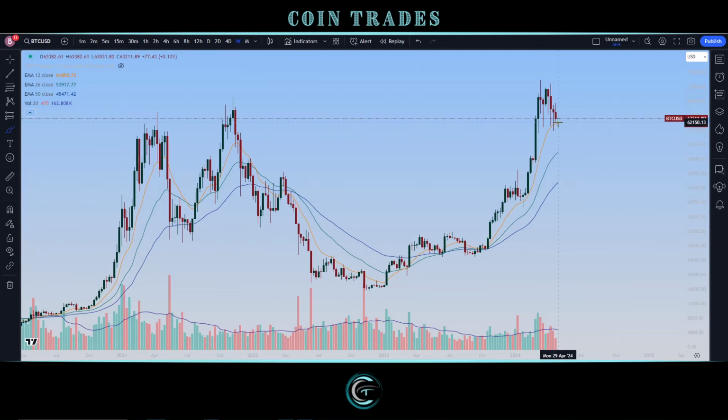So I think if over the next couple of candles we actually do lose this 12-period EMA support, that is going to be a pretty big sign that likely we are going to experience a little bit more prolonged pullback out of Bitcoin. But if we do continue to maintain this type of support and actually see a little bit more upside, especially with some volume, as long as the sell pressure does continue to decrease, then likely